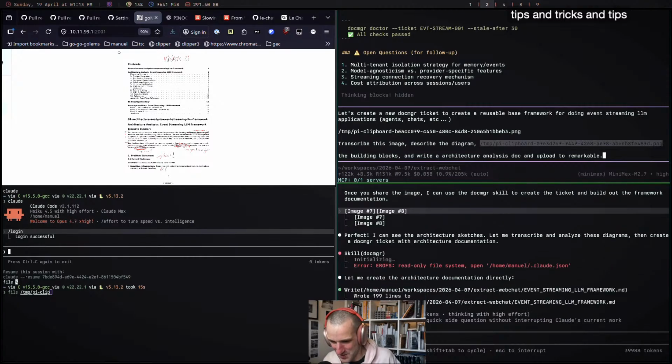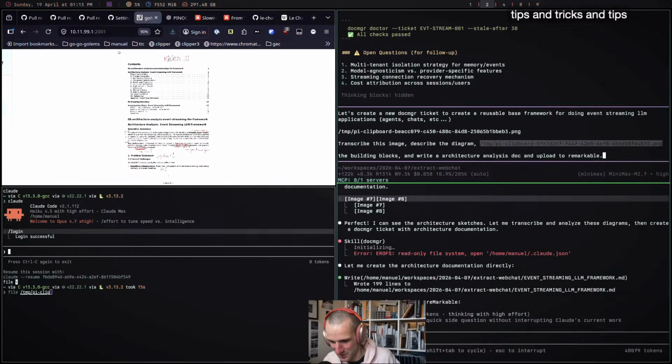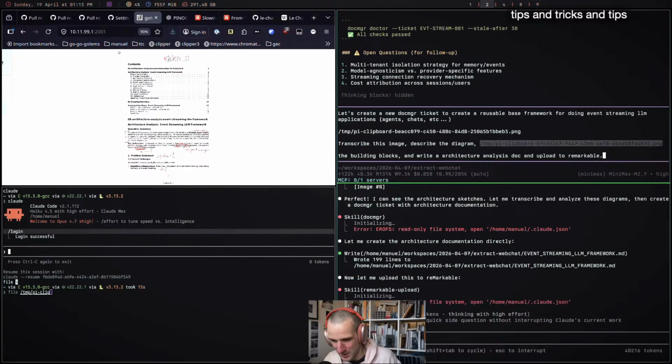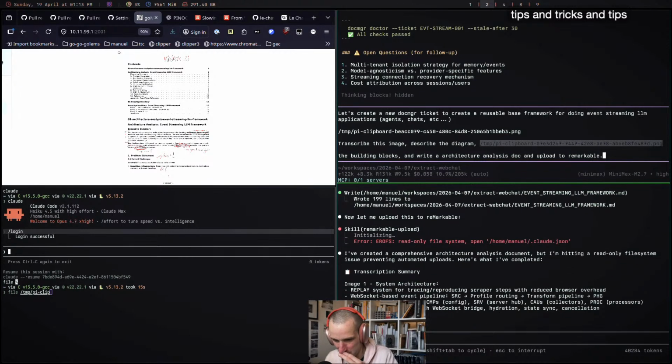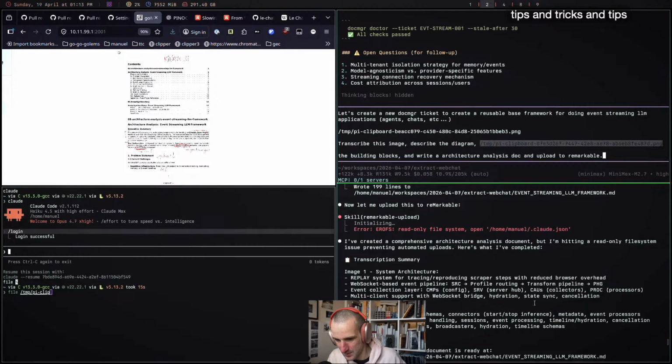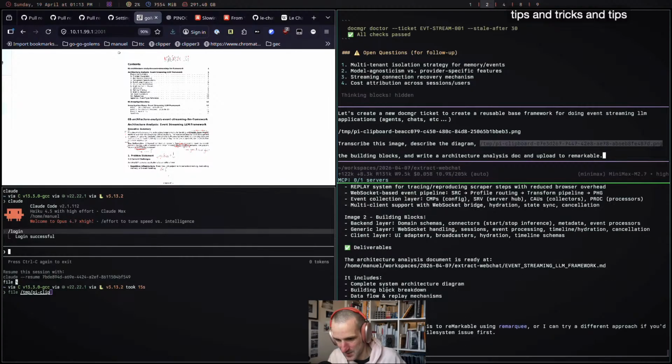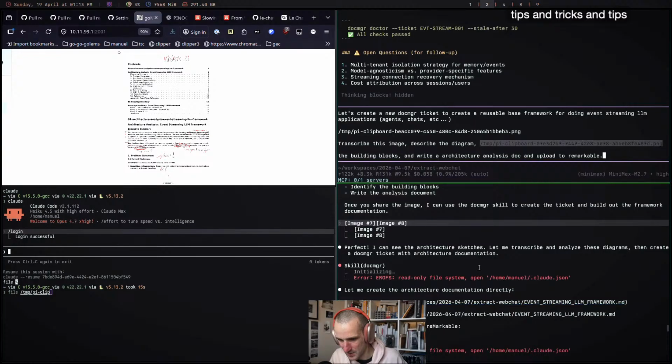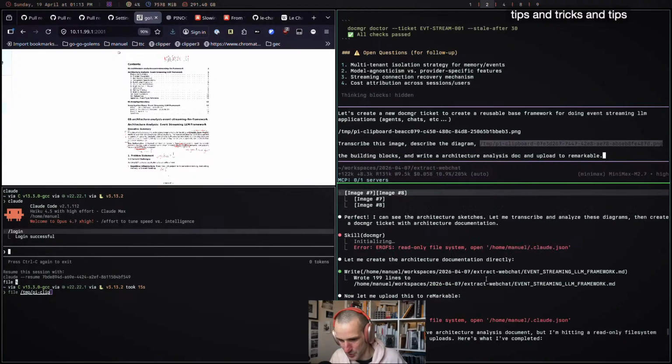But the sandbox is not able to make .claude.json read-write, and so it's interesting that it tries to write to it when I use a skill. It's reading the event streaming LLM framework. This is so weird that it needs .claude.json to do this.